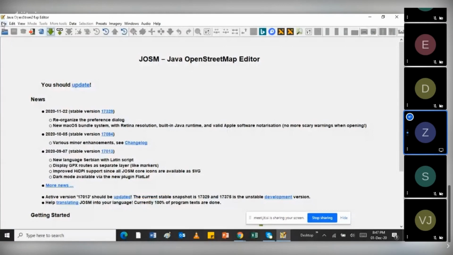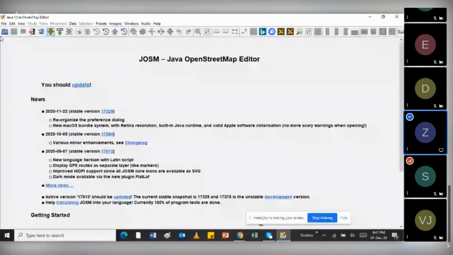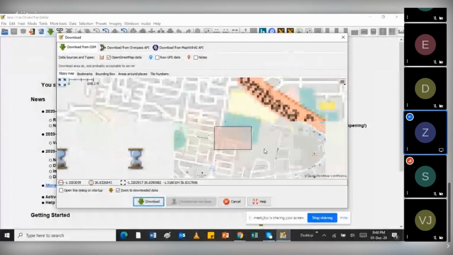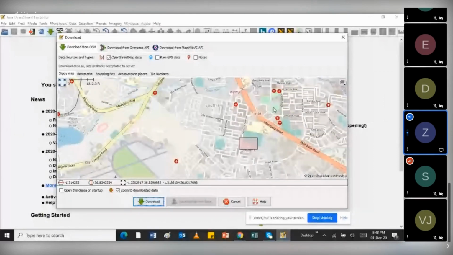It's a long process, but you can also create shortcuts. Instead of going through the long process, you can just have it placed here, so you can easily click on that. Once you select that area to download, you can zoom out and find the specific area.